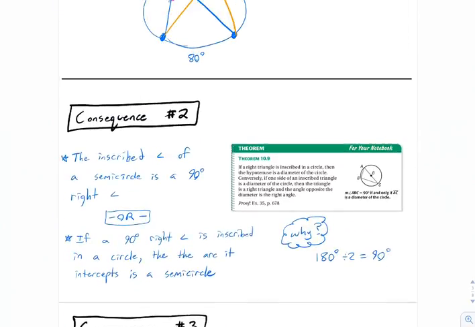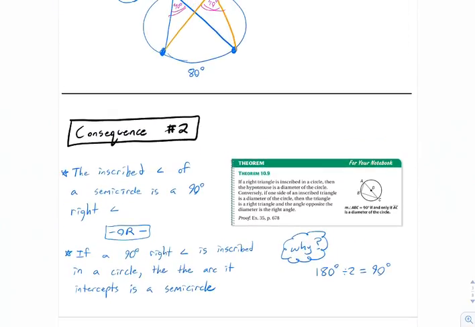All right, another immediate consequence is half of 180 degrees is 90. So if I have a circle with a diameter, and I draw any angle from the endpoints of the diameter to the circle, so any inscribed angle, it would be opening up to 180 degrees. And so 180 divided by 2 is 90. This must be a right angle. And this is actually useful in real life if you're ever trying to find the center of a circle. And we could talk about that